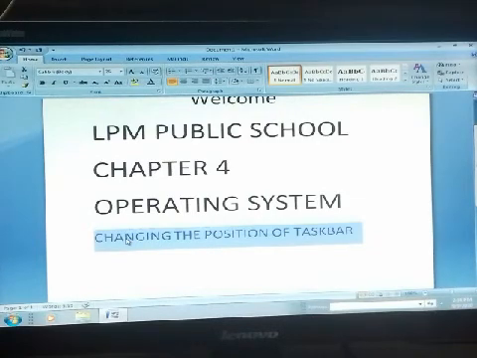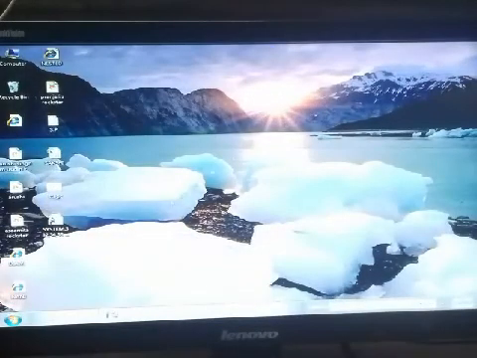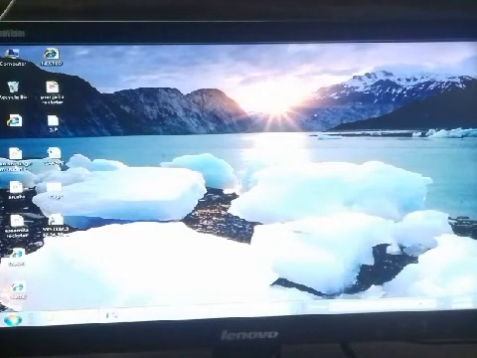Okay students, so let's do it. Look here students, this is your taskbar. If you want to change the position of your taskbar, you have to follow some steps. First of all, click on the blank portion of the taskbar. This area is blank, so I click here.